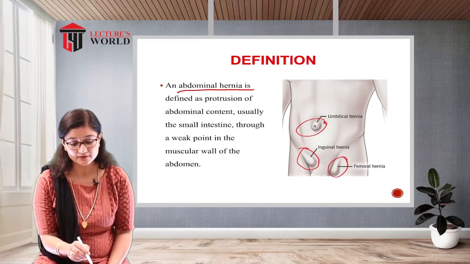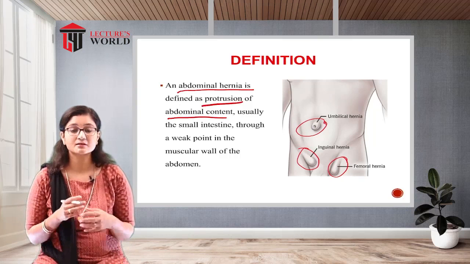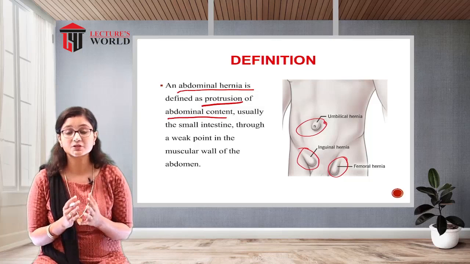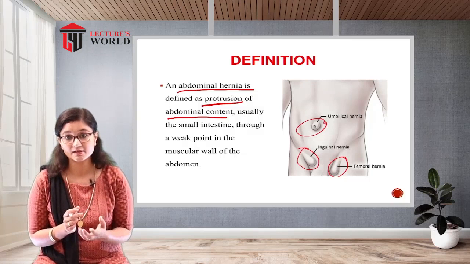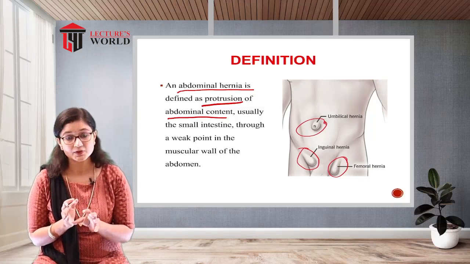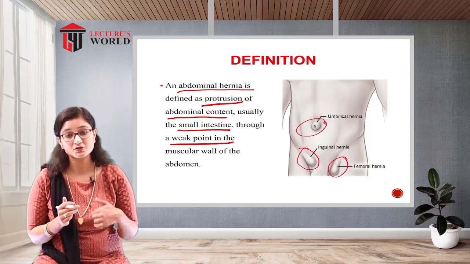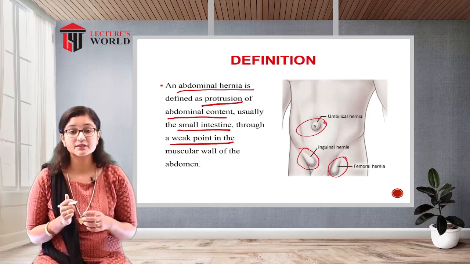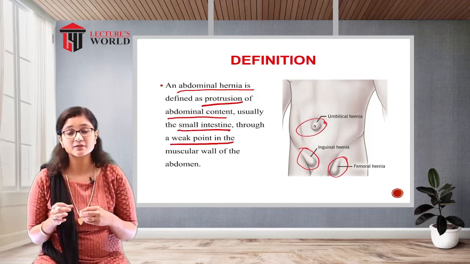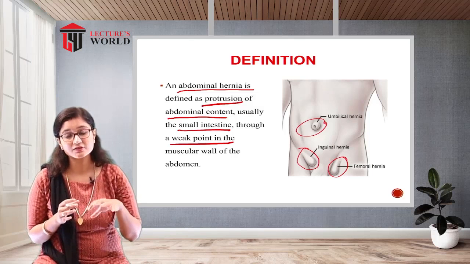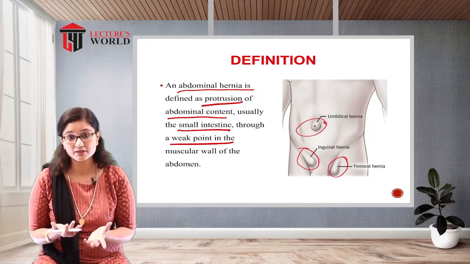So abdominal hernia is defined as protrusion of abdominal content, which can be an organ or a tissue, but most commonly what we see in hernia is the small intestine. The small intestine protrudes outside through a weak point in the muscular wall of the abdomen. If there is a weaker point where the muscles become weak enough, at that region the abdominal organ or tissue, especially the small intestine,